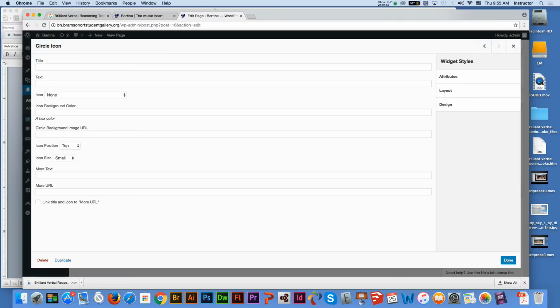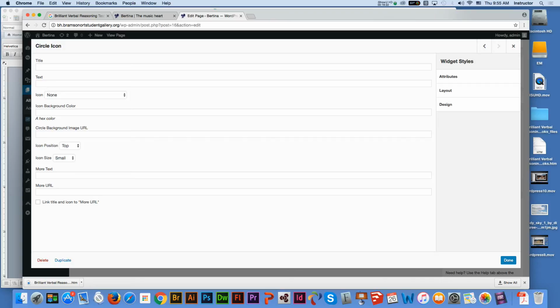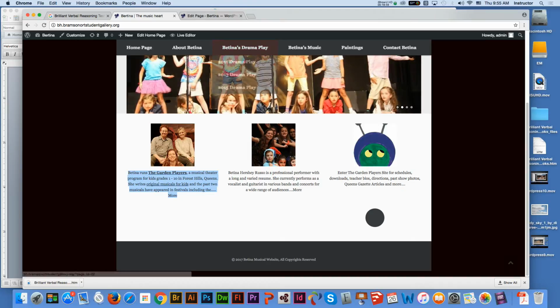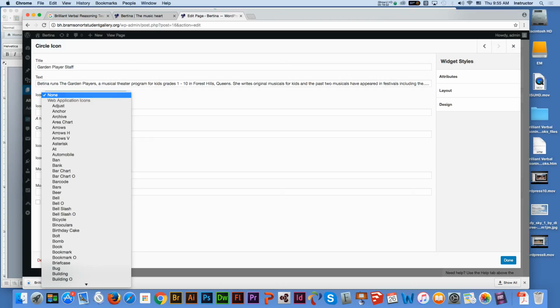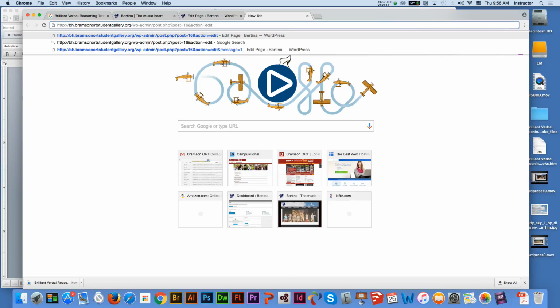Let me click this circle icon. Okay, it is okay here. Alright, so I'm going to move this circle icon here. I'm going to edit. So the title, this one is going to be, for instance, garden clear staff. And the text, I'm going to copy this. And the icon, I'm going to use a circle background image URL. I need to find, Apple C, Apple V, I need to go to